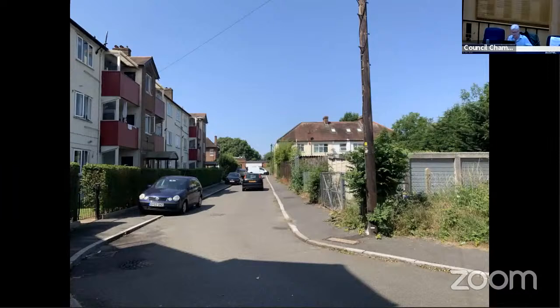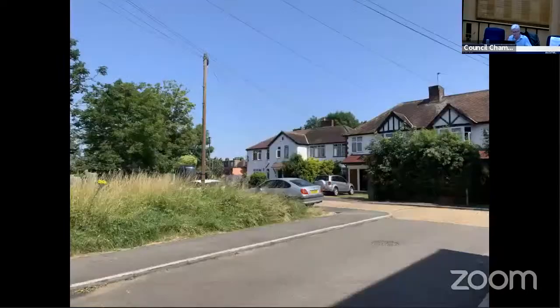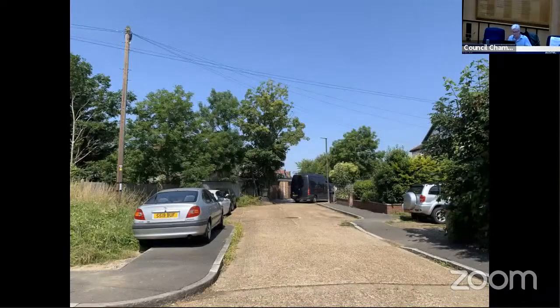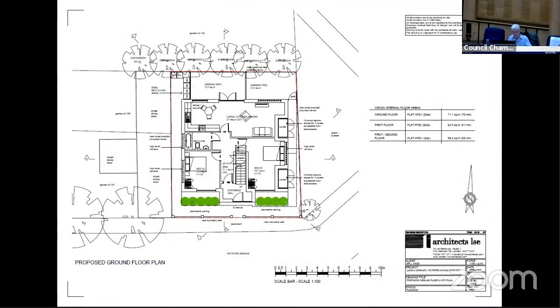Looking back towards the site, you'll notice one of two telegraph poles within the site. And there are blocks of flats opposite the site. And then as we turn the corner, again, most of this grassed area forms part of what would be an enclosed garden space for the proposed dwelling. And then looking into the corner, we've got a number of interwar maisonettes, and then leading down into the corner of the road, and then again looking at the corner of the site.